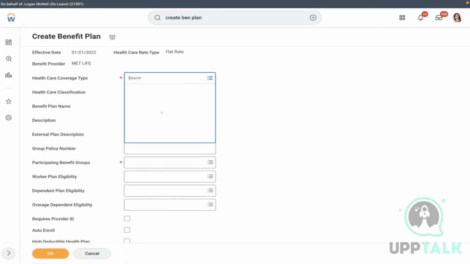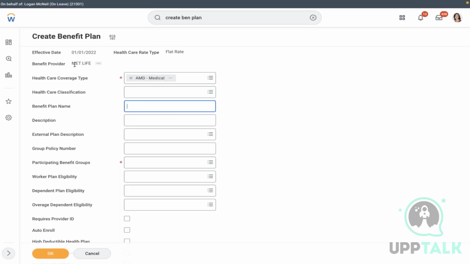Coverage type, we already created AMD medical, select. Classifications, as I said, vision, dental, etc. Ignore this one, I will explain. Plan name I'm not giving because I want to display AMD. Okay, where is that? MetLife AMD. If you want to give some name, you can give. Plan description, you can provide something like